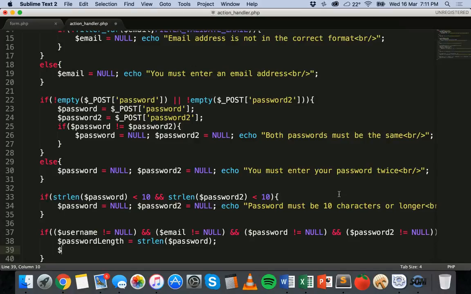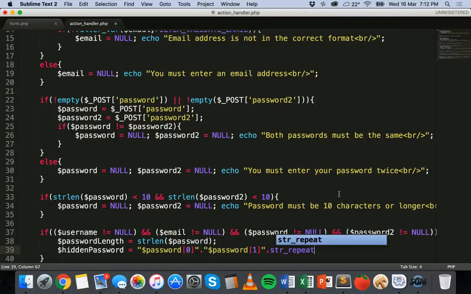Okay, but what we'll do, just to display some information back to the user, we can make a new variable here called hidden password equals, and we can put this in a string, $password[0]. So it's going to grab the first character from the password. We can have that as a string, and then we can do that again. This time we can say $password[1], in square brackets, and close the quotation marks,